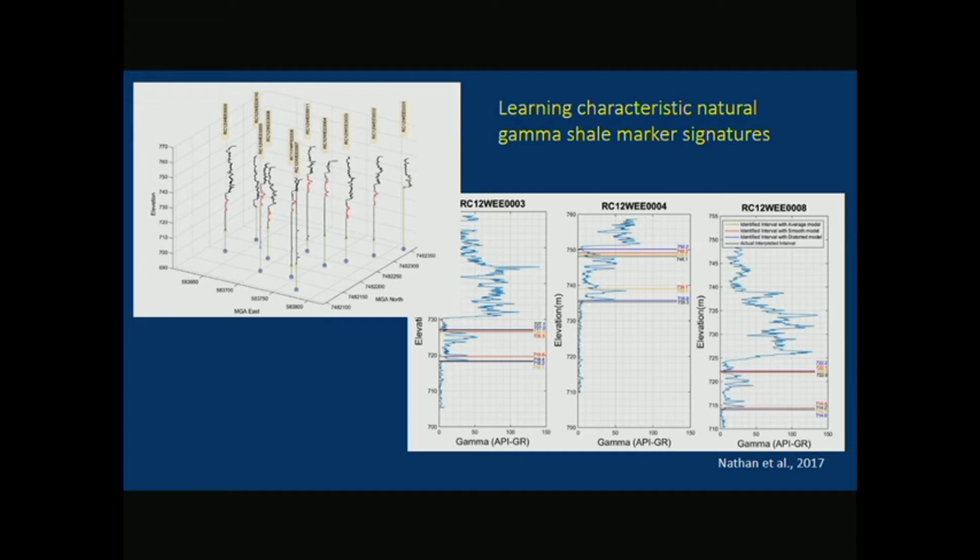And this is work by David Nathan from UWA, where he's using gamma logs to identify particular shale horizons and then correlating them between different well holes, drill core in this area. So this automation of this process is not something I'm going to talk about, because you've probably heard 50 talks about it before, but it's certainly one of the major areas where, for example, the MinEx CRC is doing work on trying to increase the amount of information we collect going down the hole so that hopefully we can correlate it between holes.